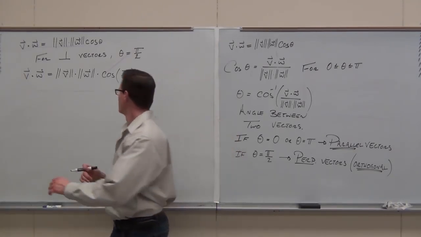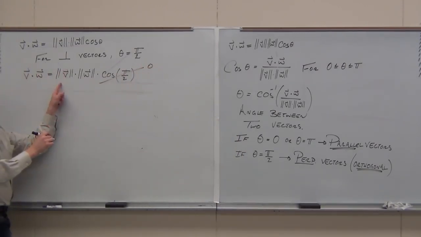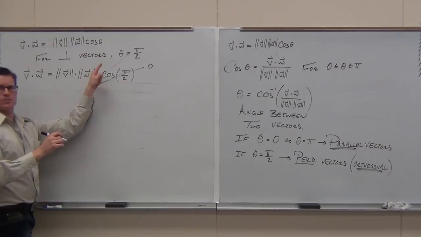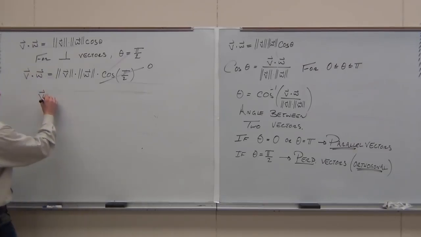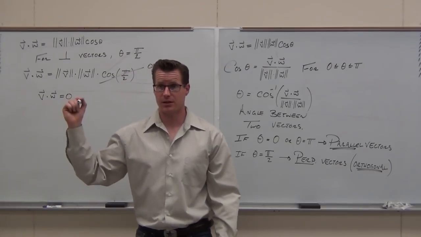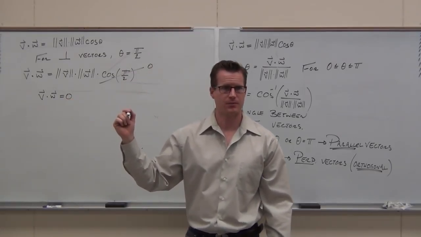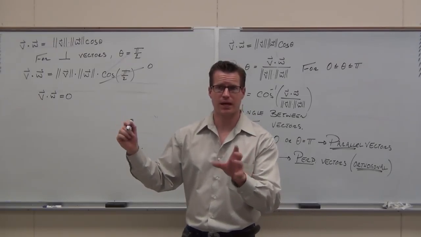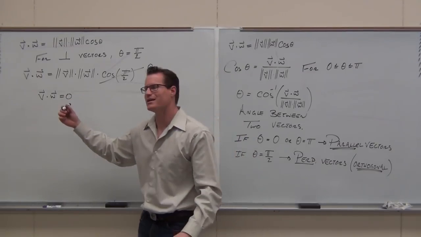0. What's a scalar times a scalar times a 0? 0. I'm getting the chills right now. It's so cool. This is how you show that two vectors are perpendicular. If you do a dot product and you get 0, the only way that happens, look, the only way,